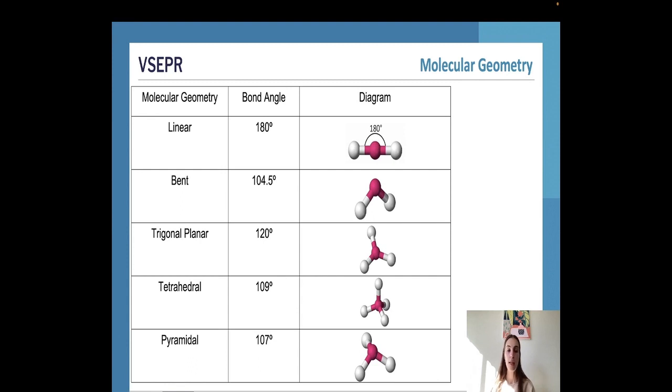Our final one is the pyramidal arrangement, and the pyramidal arrangement has a bond angle of 107 degrees between each of the branched atoms. This is because we do have the presence of a lone pair. This is quite commonly seen in ammonia, where we have that lone pair on the top. What the lone pair does is it repels all of the white atoms, which we can see downwards from that central pink atom,